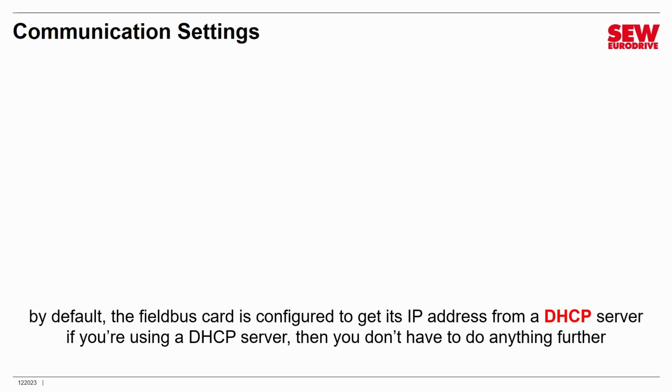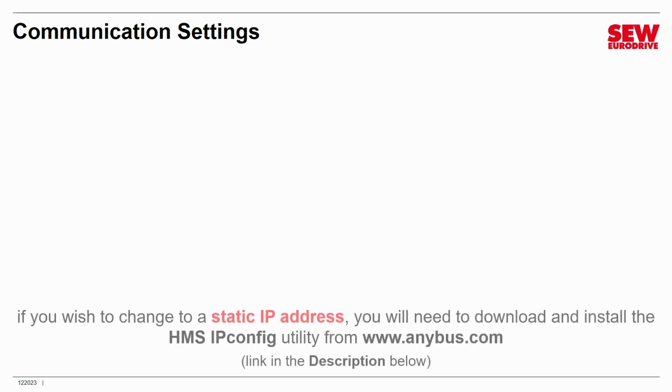However, if you are not using a DHCP server, then you need to set the address. And this requires a number of additional steps, which I'm about to outline. If you wish to change to what's called a static IP address, in other words, you just hard code an address in there, you will need to download and install a utility. It's called the HMS IP config utility, and you download it from